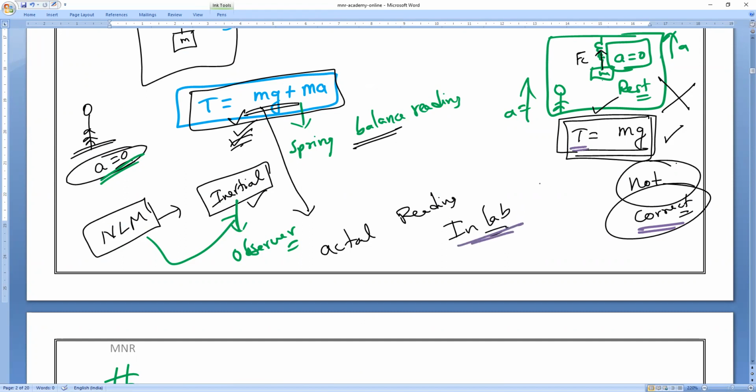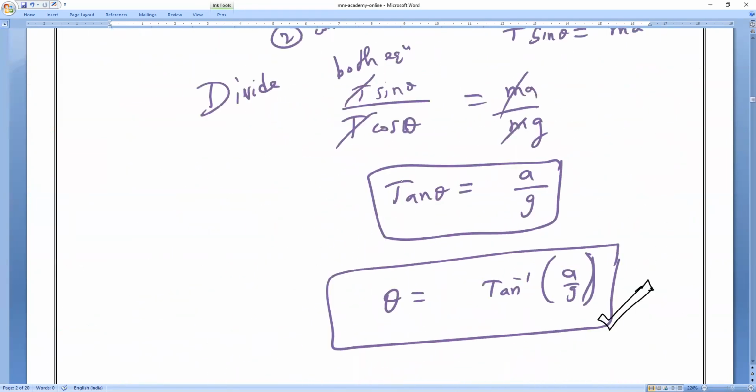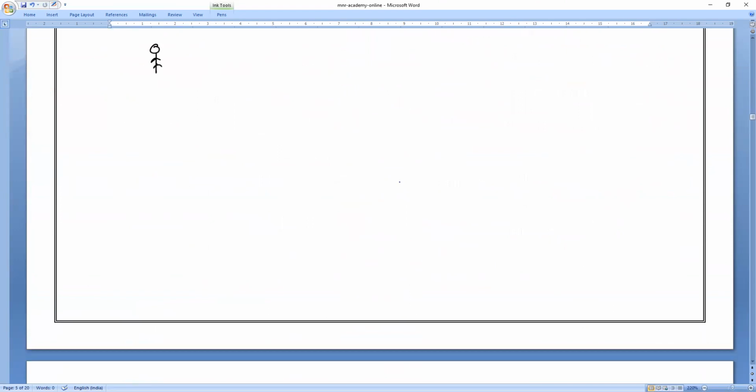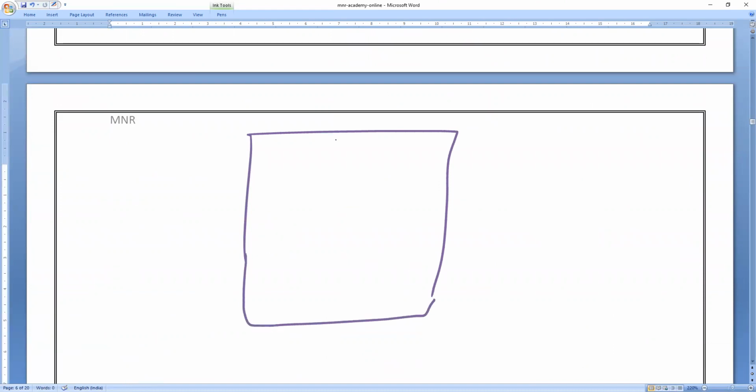So based upon that, let us solve an example so that you will all understand how to solve it. Now, this one is very important. Observe, there is a lift. Inside the lift, there is a spring. We are calculating the reading of the spring balance. There is a mass of 1.5 kg. How much mass is it? 1.5 kg. This mass is 3 kg. And the observer is inside the lift.